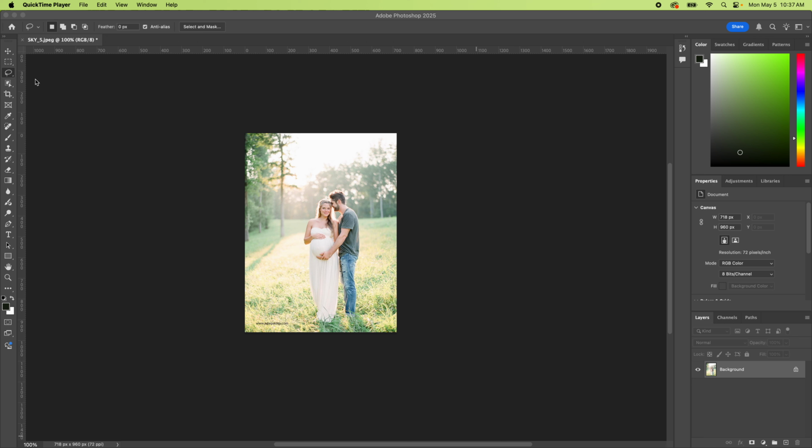All right, I'm in Adobe Photoshop here, and I'm going to adjust the blown out sky here. It's like overexposed. We're going to start with the lasso tool, so get that guy, the standard lasso, and I'm going to draw